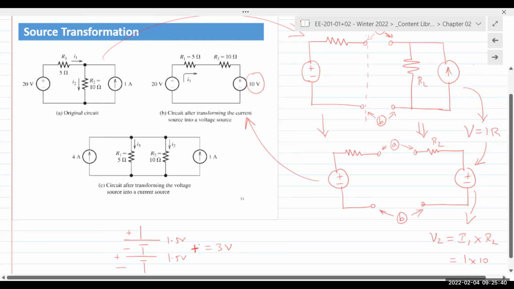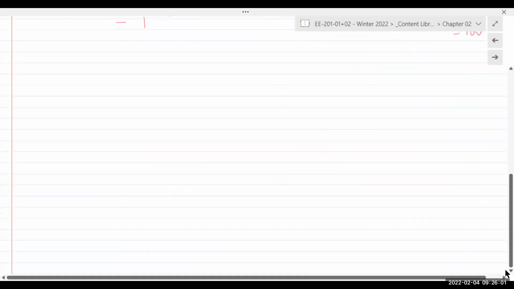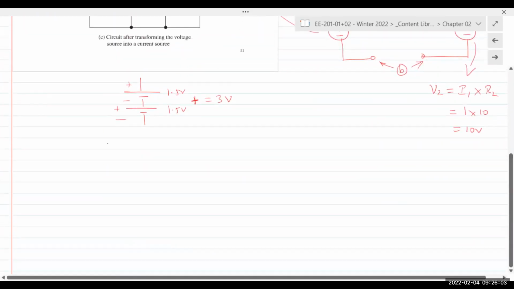But in this circuit, now we have a 20-volt source and a 10-volt source. They're connected opposite, right? So you would not be summing it, you would be subtracting it to find the final answer across the 2 points. So now if I take the same concept